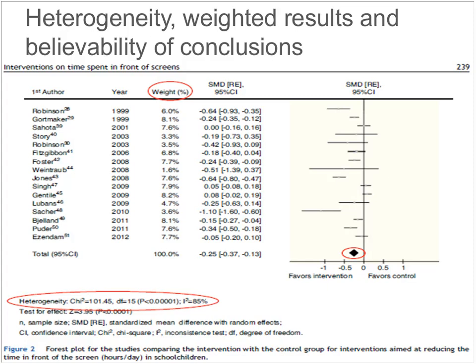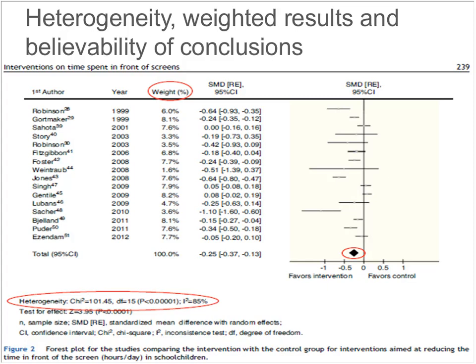So we don't need to be concerned here that the Weintraub study only had 1.6% of the influence on that diamond, because in the end it's exerted a very small influence. Sometimes where we might get concerned is if we had, let's say, only 5 studies, and one of those studies was a giant in comparison to all the others. So let's say all the others had under 100 participants, and one study had 5,000 participants. Well, that study now is going to really dwarf the results of all of the other studies.